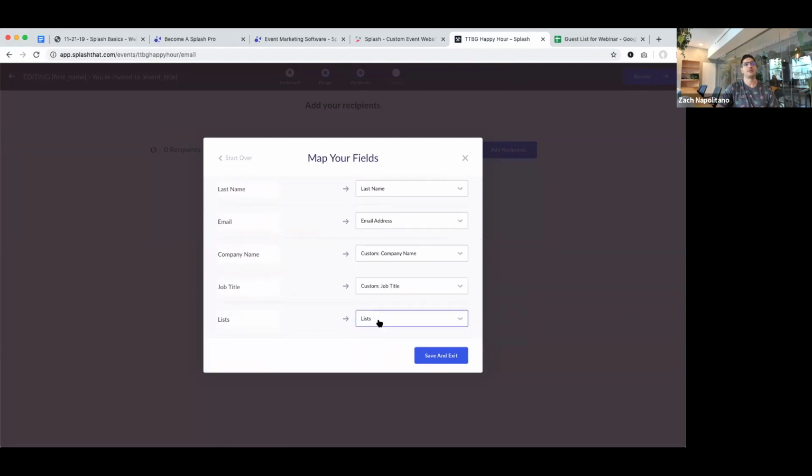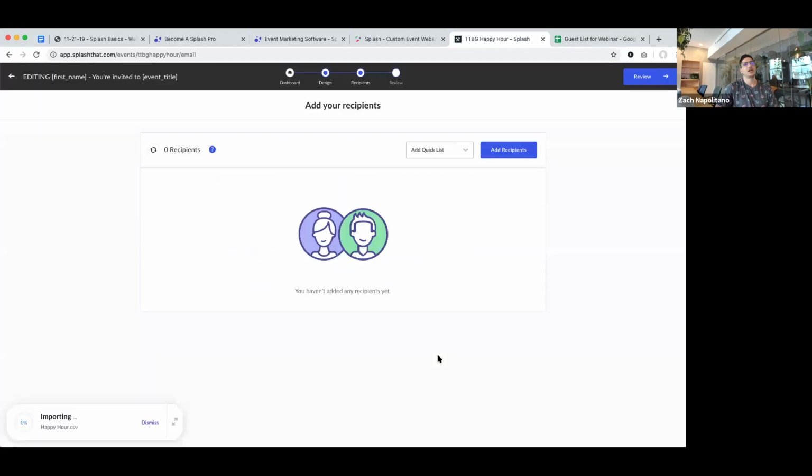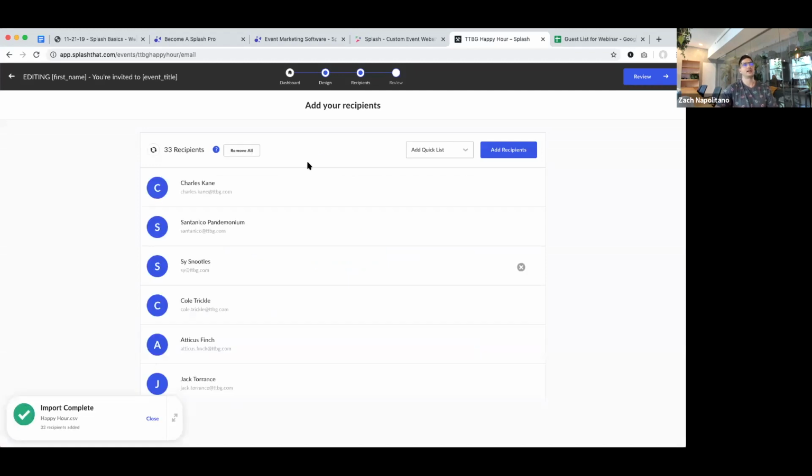Maybe I need to have more fun in my life, but I get a ridiculous amount of satisfaction from when those fields automatically map like that. Isn't that beautiful? Hit save and exit. And now give it a 10 Mississippi count. We're going to see the indicator down here. And this is where we'll get the 100% status that our lists have been uploaded. Once that's taken place, and there they are, we can go to review.